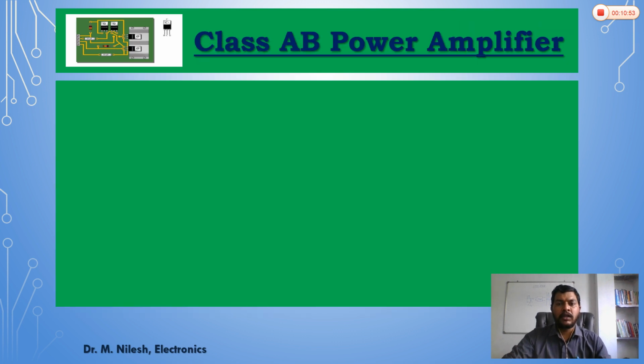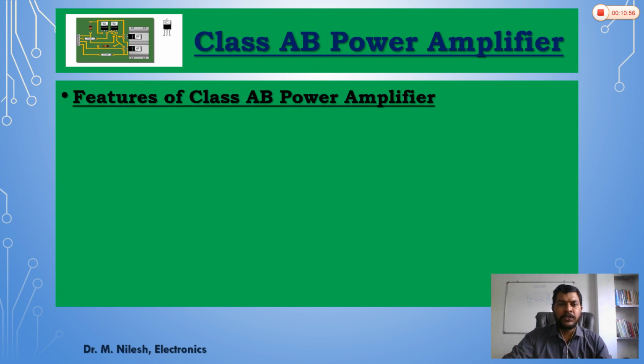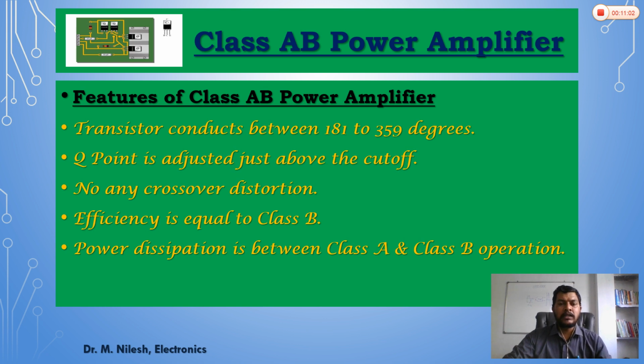Now coming up to the third power amplifier, that is a class AB power amplifier. The features of class AB power amplifiers are as follows. Transistor conducts between 181 to 359 degrees. Q point is adjusted just above the cutoff. No crossover distortion. Efficiency is equal to the class B, and power dissipation is between class A and class